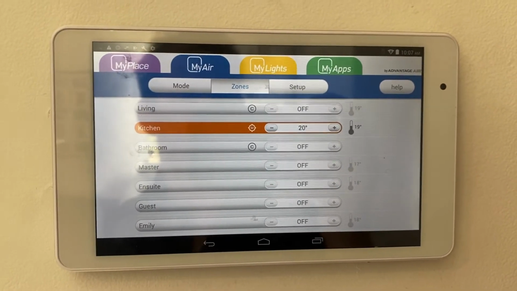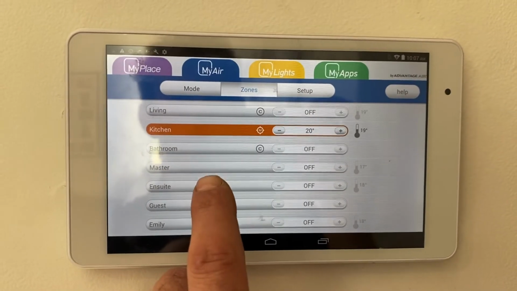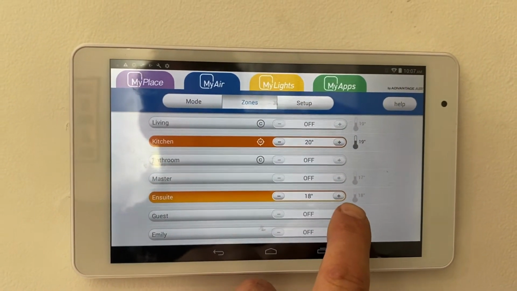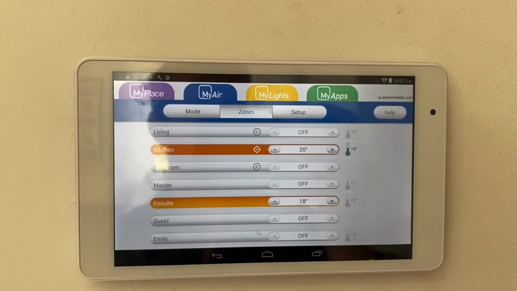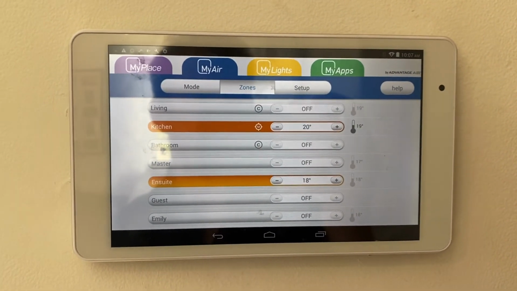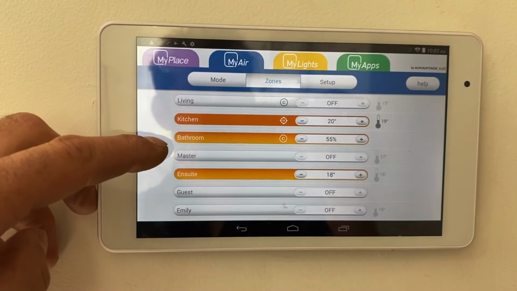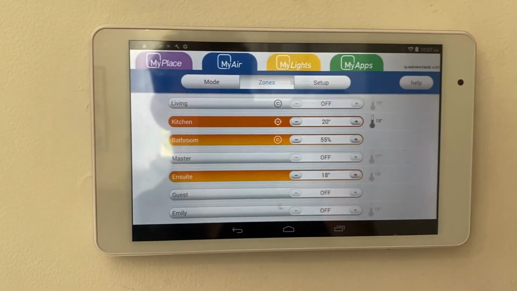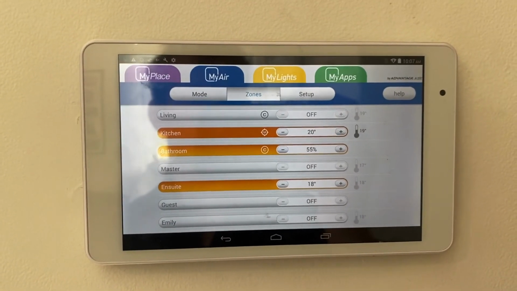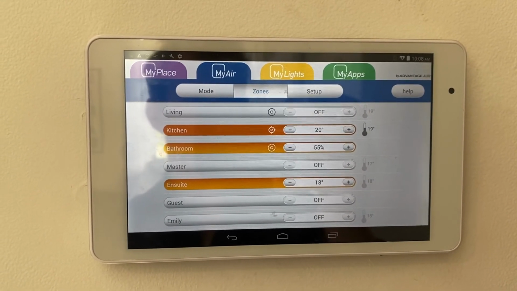So as zones open and close, or as rooms get to temperature, so you might have a zone on and you've set the temperature and it actually reaches temperature. A lot of people say to me, oh, but I've got all the zones open. Yes, but at some point you won't have enough open and the system will automatically open up. See how the bathroom finally recognized it, and now it's opened up the zone. It's because there aren't enough zones open to satisfy its preset parameters.